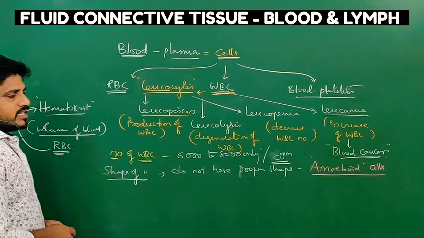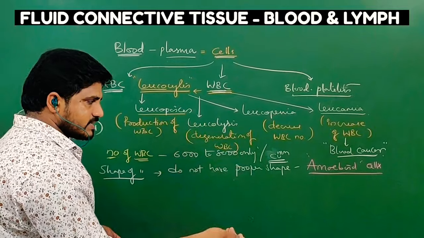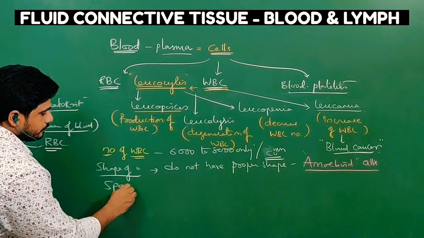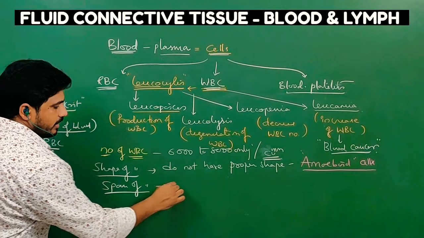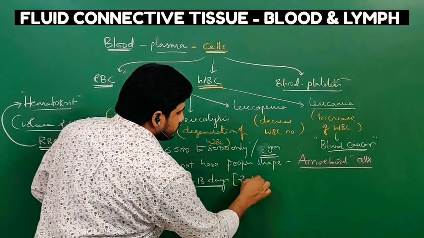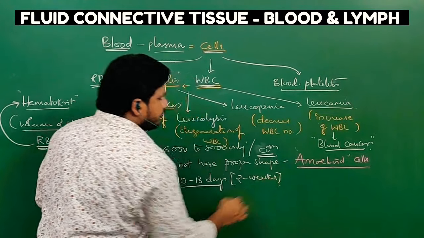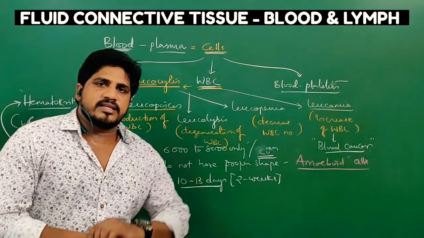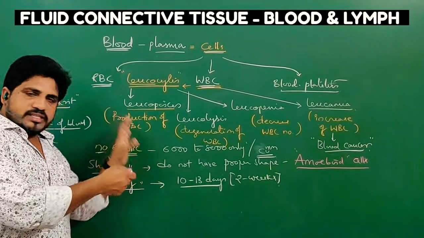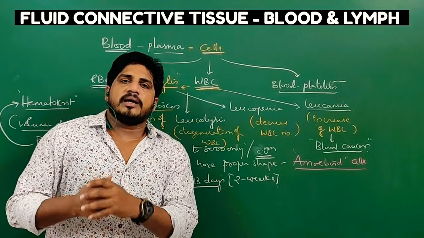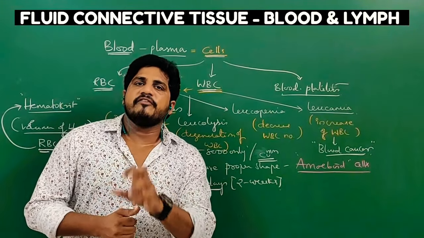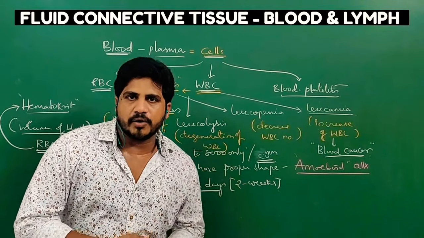In the different types of WBC, we come to know their nucleus existence and also cell functions. Now, the life span of WBC is about 10 to 13 days, nearly 2 weeks. In these 2 weeks, WBC do different types of functions. I cannot explain all the functions in the general characteristics. When I isolate the WBC according to the structures, the nucleus, and the presence and absence of granules, I will explain each and every WBC function now.